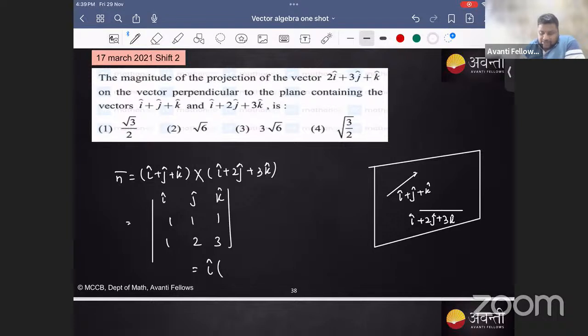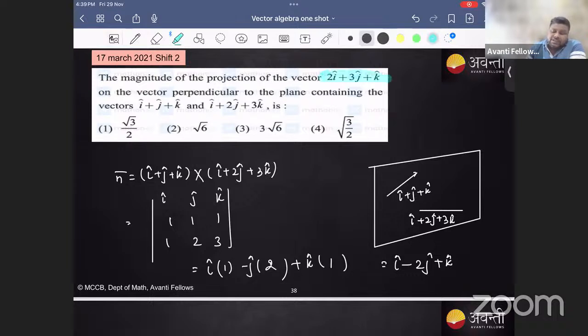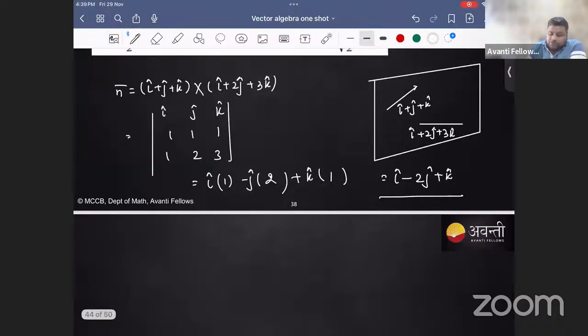So this vector is 3i cap minus 2j cap plus k cap. So it is i cap minus 2j cap plus k cap. Now you have to find the projection of the given vector 2i cap plus 3j cap plus k cap on this vector. So projection is going to be what? Their dot product